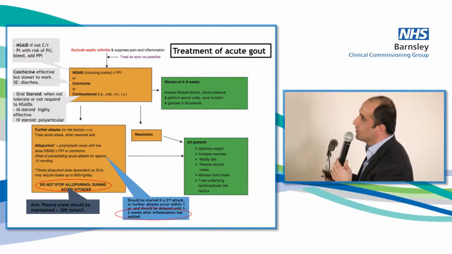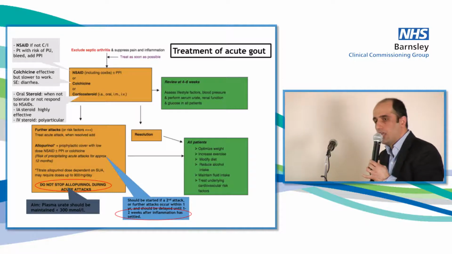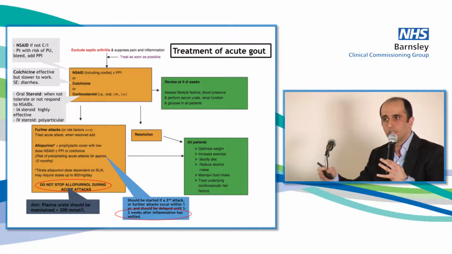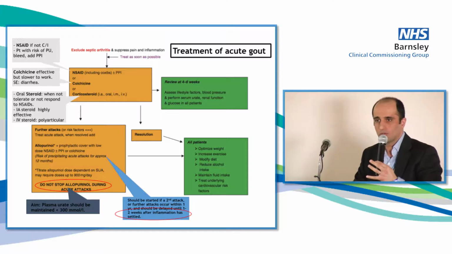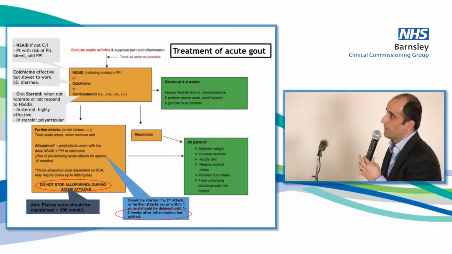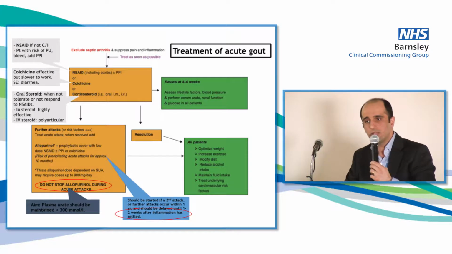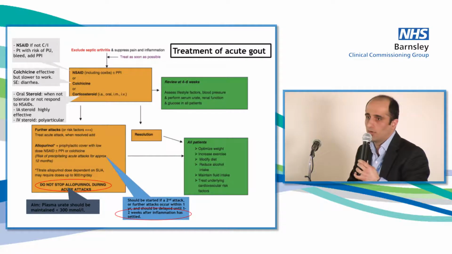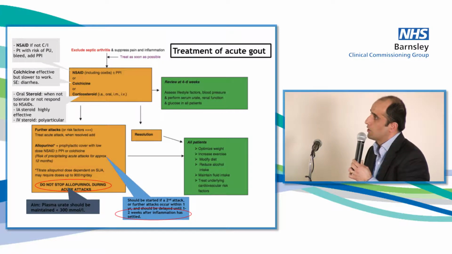Right. So as a treatment of gout, I'm sure you are aware there are 3 medications which we normally use in acute gout. So when you have excluded septic arthritis, what medication do we use? Sometimes we also have difficulties choosing which one of them. So the first line is NSAID if it is not contraindicated. I'm sure all of you know about the contraindications of NSAID, like heart failure or renal impairment or history of peptic ulcer or gastric ulcer. So the NSAID,